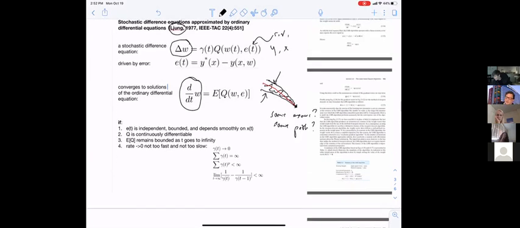So the way this works is you take a stochastic difference equation. This is just the way that Liang wrote it, which has a learning rate. It's got some function which depends on the weights and depends on some random variables, E, but think of E as the combination of Y and X. It doesn't have to just depend on the error. It can depend on Y and X themselves, as the LMS rule actually does. So for instance, in this case, E might be driven by an error, but it doesn't have to be error driven. Now what the differential equation looks like is the expected value over X and Y, or over E,